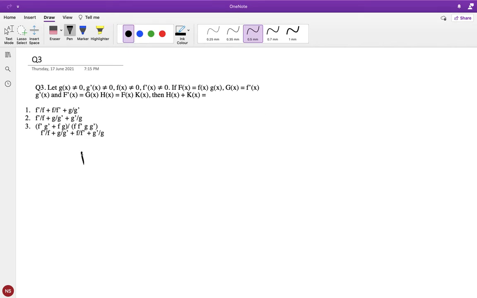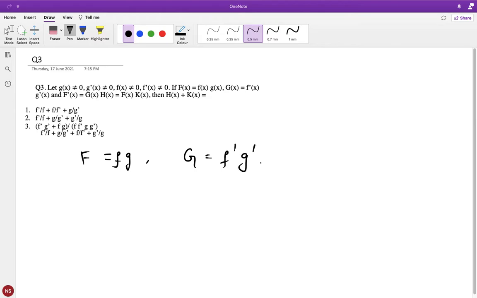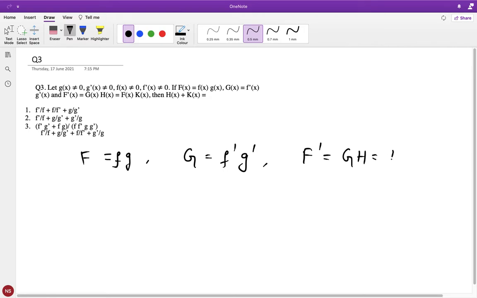So capital F(x), I'm going to ignore x because there are a lot of x's here, right? Capital F is equal to small f small g, capital G is equal to small f dash g dash, and capital F dash is equal to g h is equal to f k. h plus k are asked in terms of small f and small g. h from here you can see is f dash by g, and k you can see is f dash by f. Now capital F is given as fg,